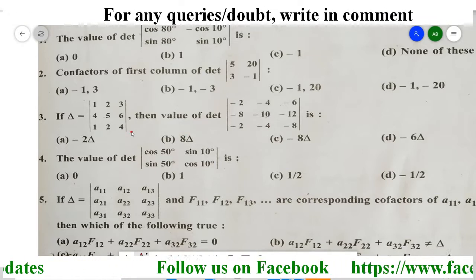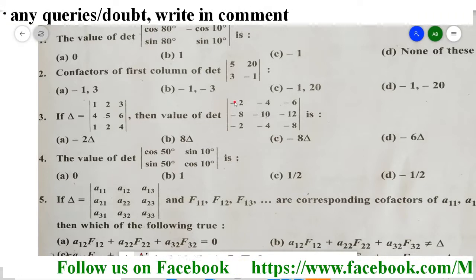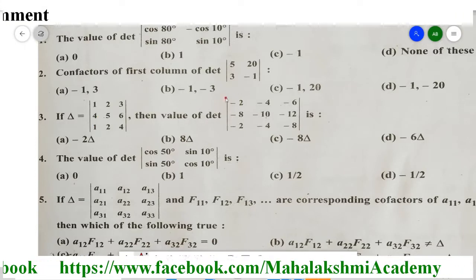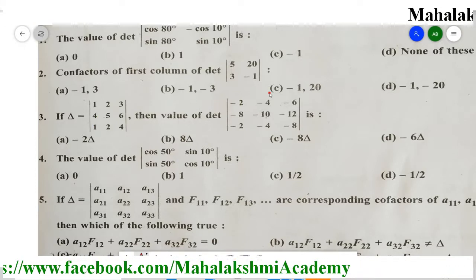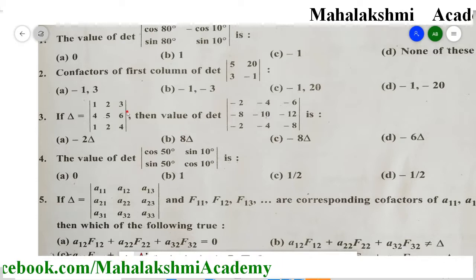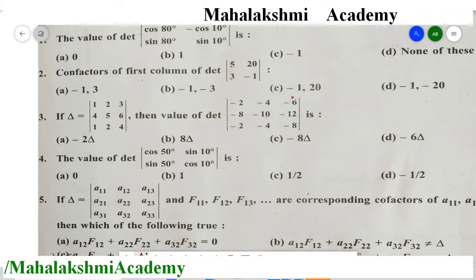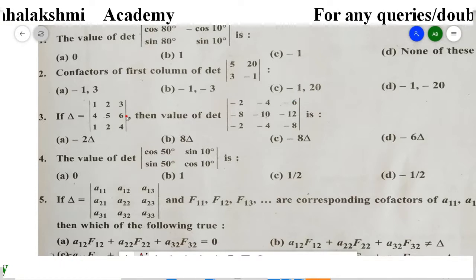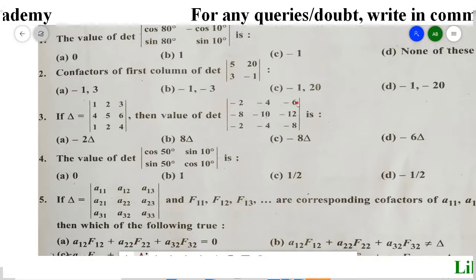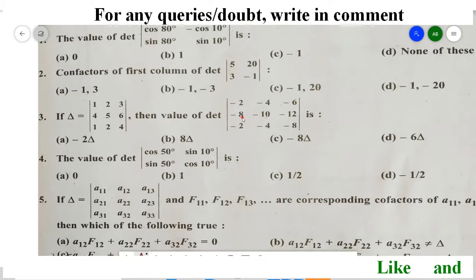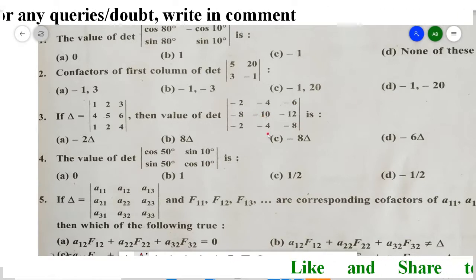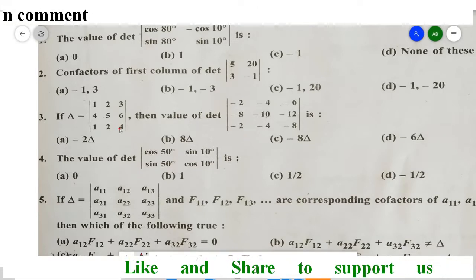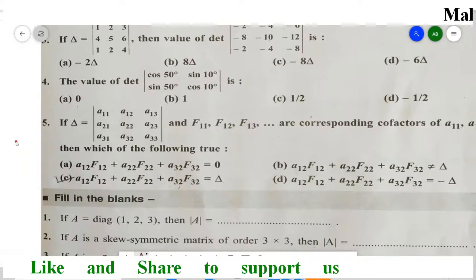Or you can say like this also, if you take minus 2 common from the first column, you will get 1, 4, 1. If you take 2 common from the second column, you will get 2, 5, 2. Or if you take 2 common from the third column, you remain with 3, 6 and 4. So students, it depends on you, either take 2 common from the rows or from the columns. After taking common, you remain with this determinant. So just see how I solved it.